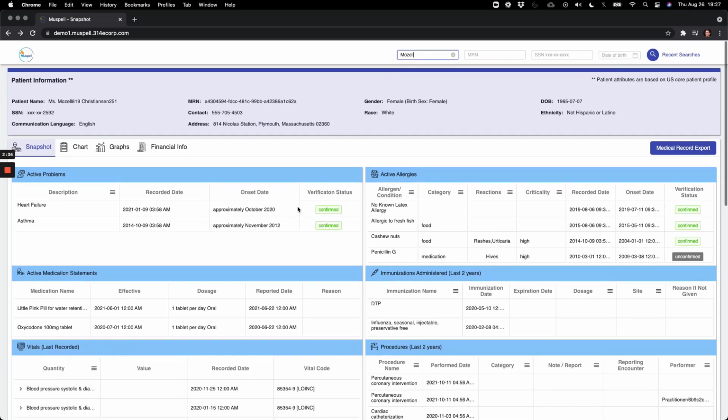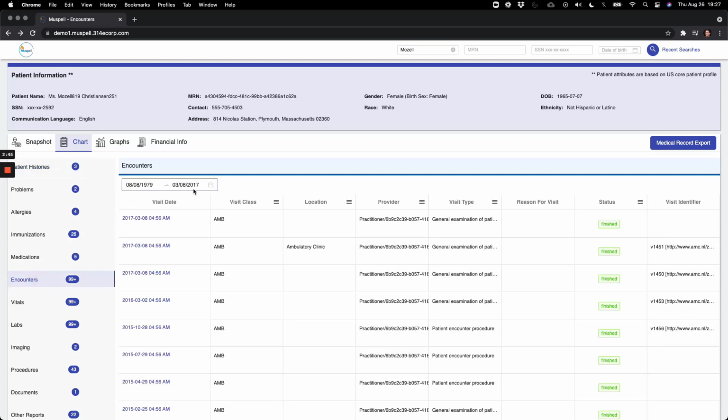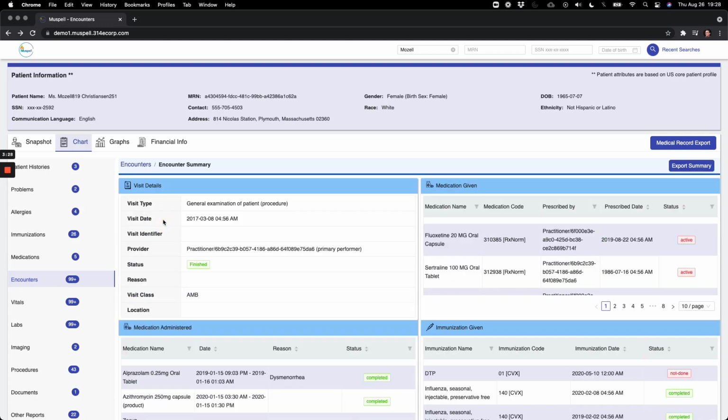Let's move on to the Chart tab. You can filter the date range on this screen to see encounters in a particular date range. The default date range filter covers all available data but can be changed in the settings. In addition to the details of the patient's history and PAMI data, a key section here is the Encounters section. If you click on the Encounters section, you'll see a list of all recorded encounters for this patient. If you click on the date of any of the encounters, it will give you a detailed view of that